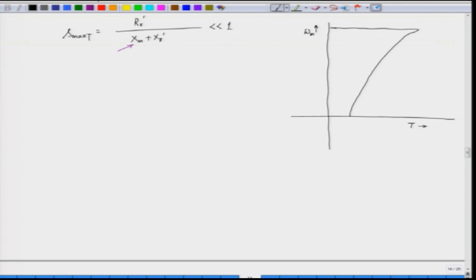And if we go on varying this current, we get a family of curves like this. So, this is for IS1 current, this is for IS2 and this is for IS3, and this